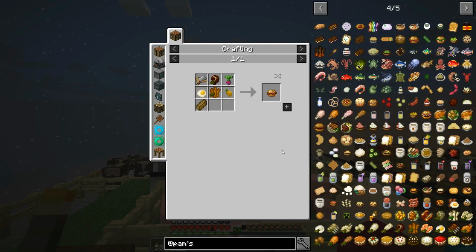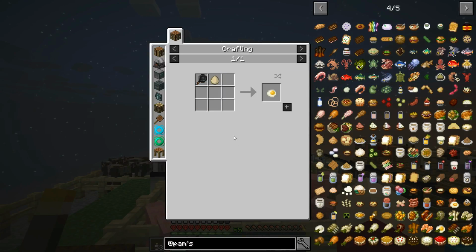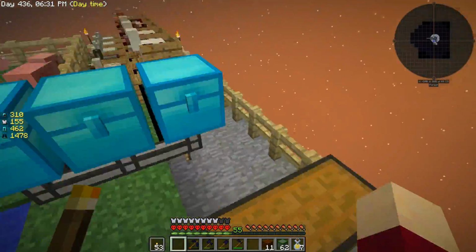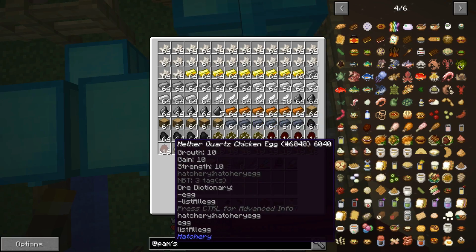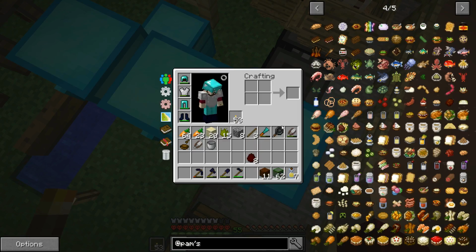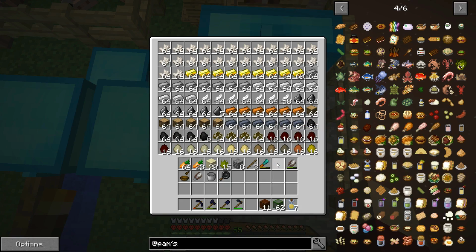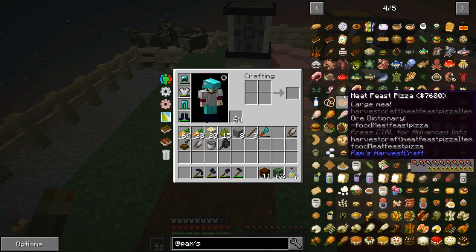And then we also have the beet burger, which we would have to cook the steak, we would have to cook the pork chop. Now this fried egg, I did a little bit of checking on this, and we can use our eggs from our nesting pens here for that. So we could take, say, a nether quartz chicken egg, and if we put that with a skillet, it will show us fried eggs. So we would have basically an infinite supply of eggs for that recipe,